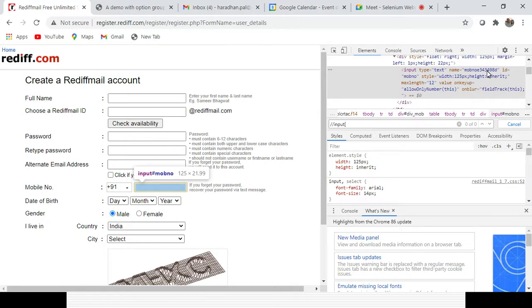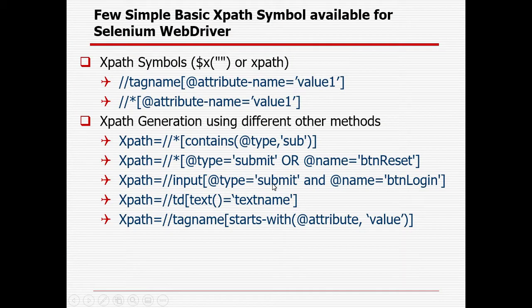Sometimes a dynamic component can get changed, so that is the reason you need to deal with the static component. Suppose that particular number may be changed in future, but the static component will remain the same. So for those things we need to create the XPath with starts-with. So I will use starts-with.